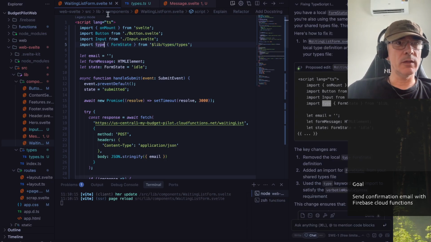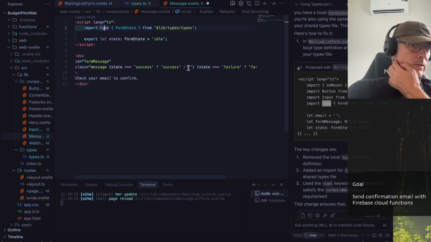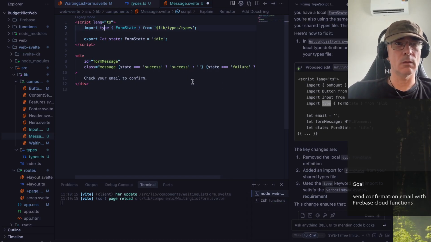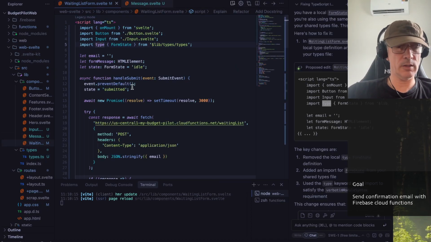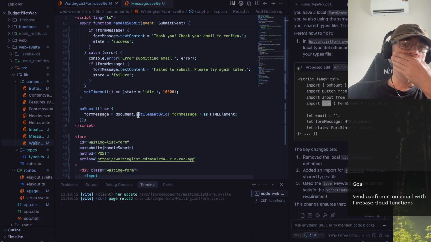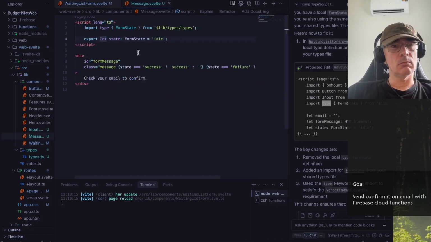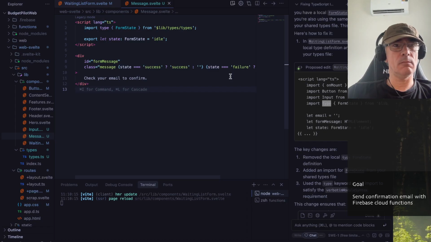Okay, so we can do the same import in message Svelte. Now this is suggested. Okay, okay. So now we can close that. Now we have form state across files. Good, good, good. So now message Svelte does not have